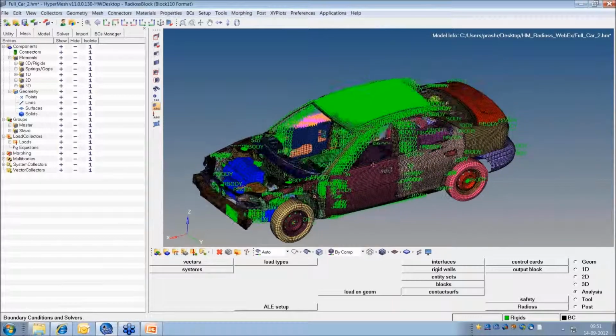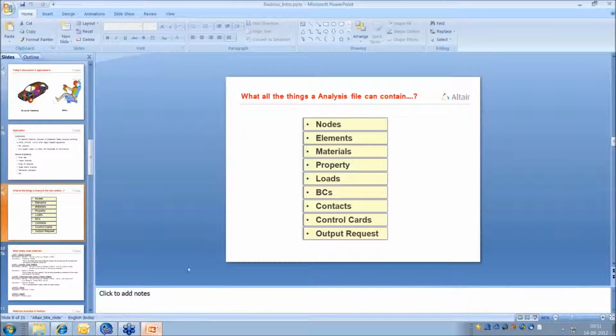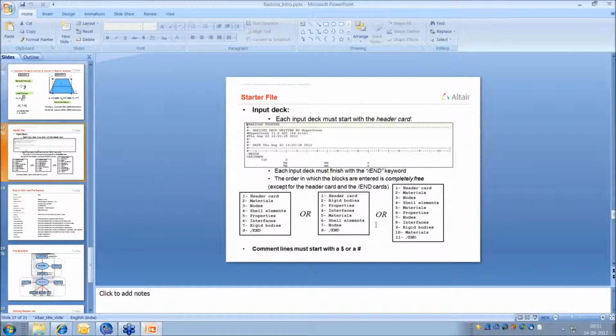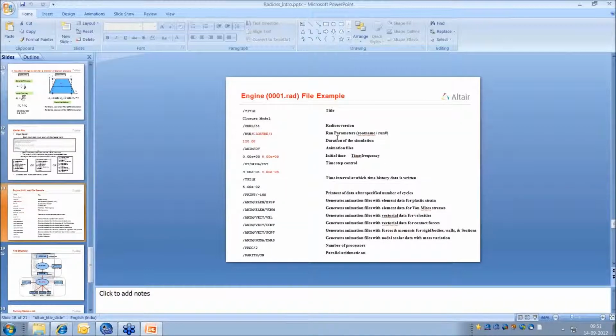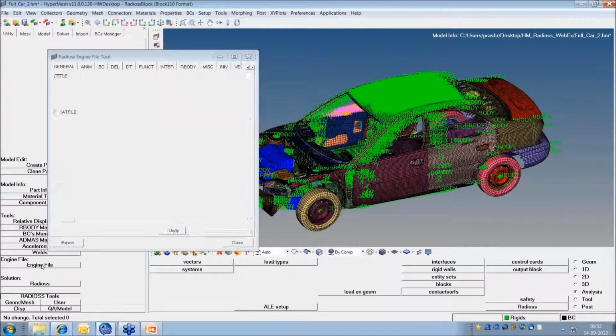So now the last bit of activity is writing an engine file. As I mentioned, we will be having a starter file which has all this information which we just now created, and we'll be having an engine file which will be having this information: the run duration, the animation file frequencies, time history file updation frequencies, and the mass scaling. So all these things. To create that, you can come to utility, engine file,